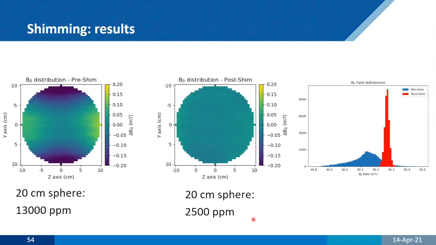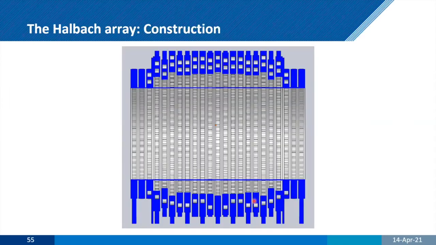Because although 2,500 ppm sounds awful, particularly when you come from NMR, where you're talking about parts per billion, when you transfer this into absolute frequency space, and we think about the value of the gradients there, then we can see that until we go to very, very high resolution, we're not going to be delta B0 limited in terms of that resolution.